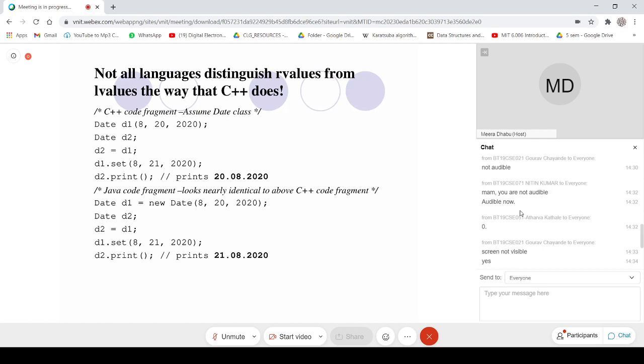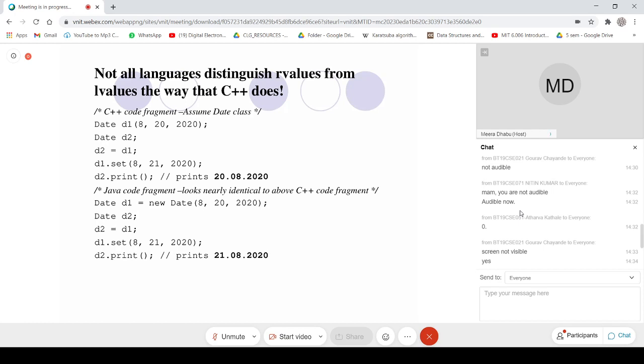Any doubt about this? Okay, now come to the point that this special type of pointer is called a reference.